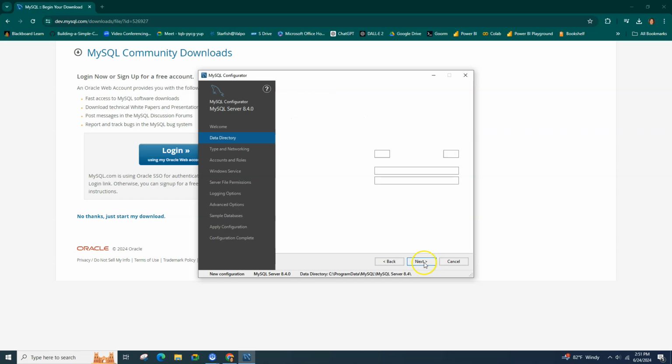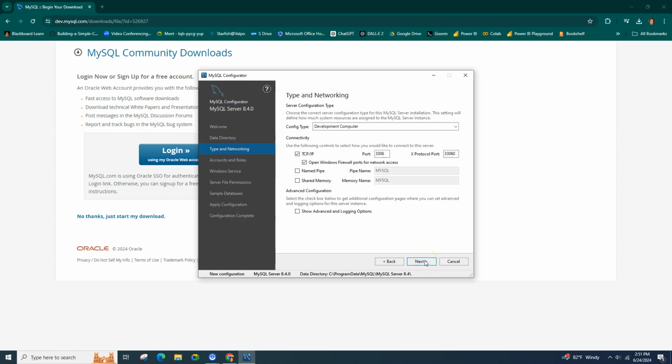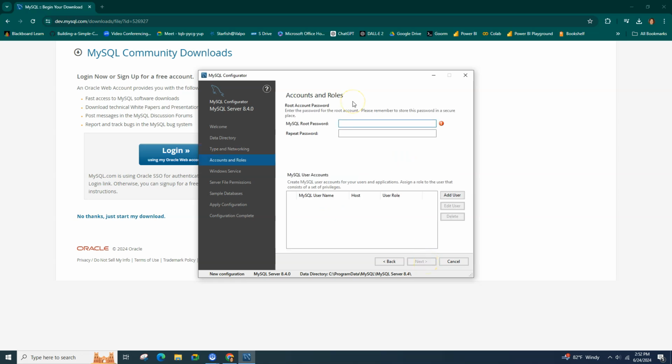This is where my files are going to install. Then this is my configuration type as a development computer. That's because I'm going to want to develop a database on this computer. I'm going to leave everything else with its default settings here. Note that the port here is 3306. Typically in real life, you would change that for security reasons. And then I can put in a root password. My password is going to be